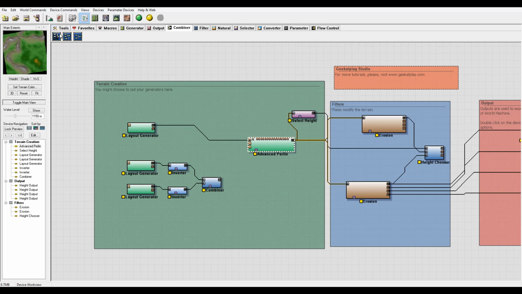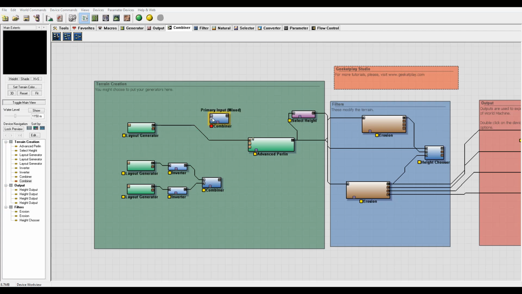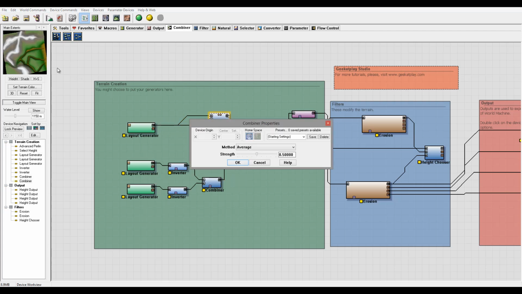So again, we'll take another combiner, we place it right here, and let's do the same things. We want to go by the minimum, so we'll take the generator connect here, high field connect right here. You can see how it's going. We'll go to the minimum, okay, and apply. So notice we kind of lost rivers at this point, but what I was looking at, this segment